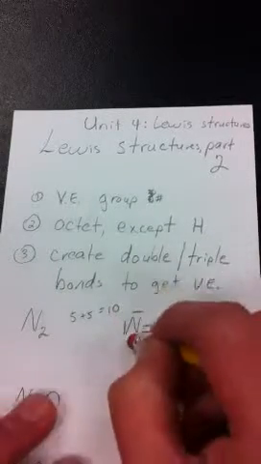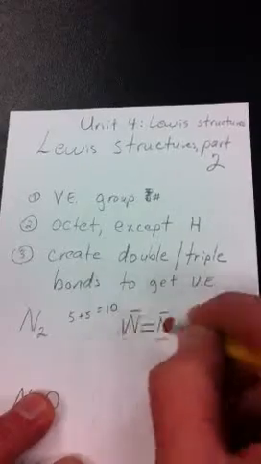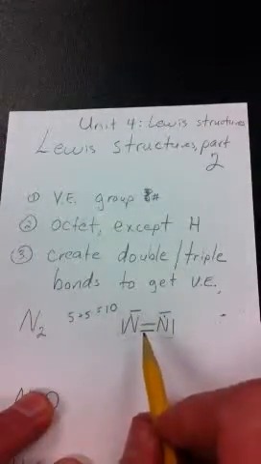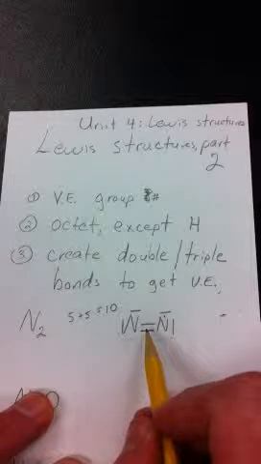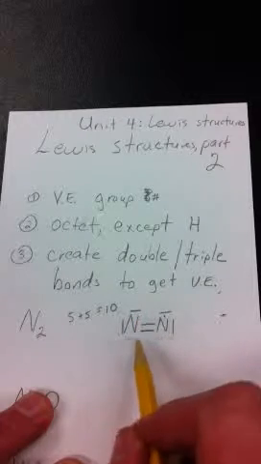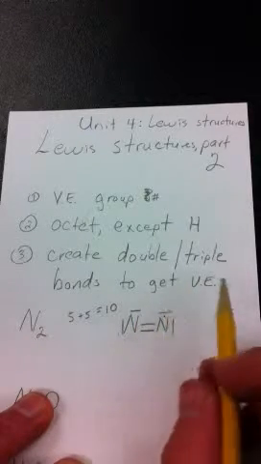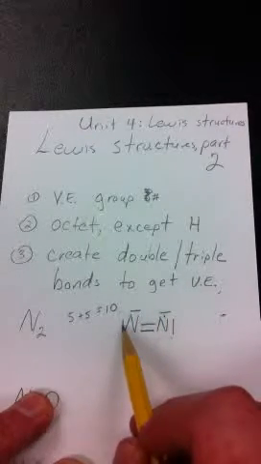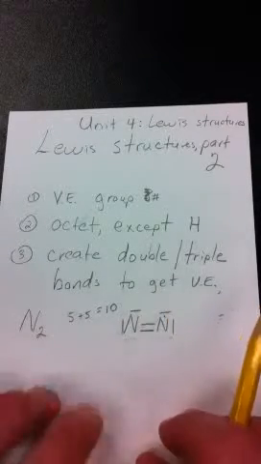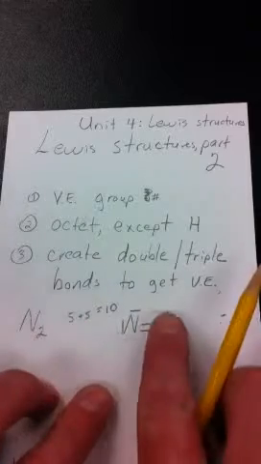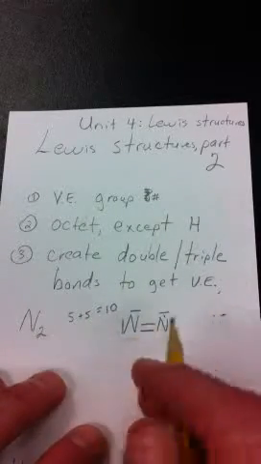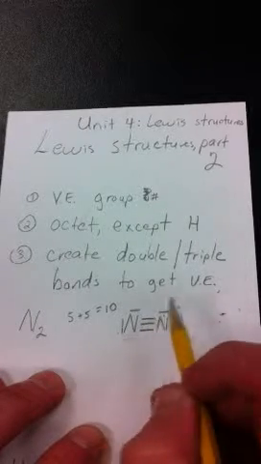and then you have to erase a pair of electrons from each atom that the bond connects. It doesn't matter if we erase the top ones or the bottom ones. They don't have to be the same. We could erase the bottom here and the top on that. And then you count the electrons again, 2, 4, 6, 8, 10, 12. Now, although this one does have 8 around it, and this one does have 8 around it, we're showing 12 electrons, and we're only supposed to show 10,